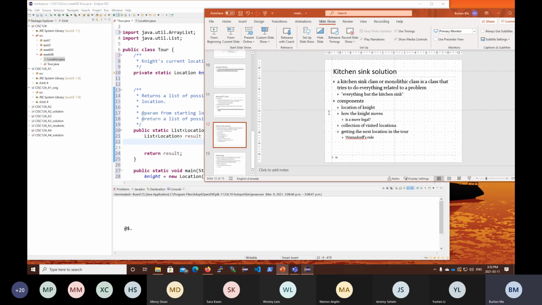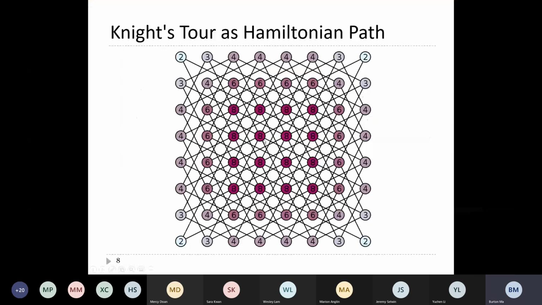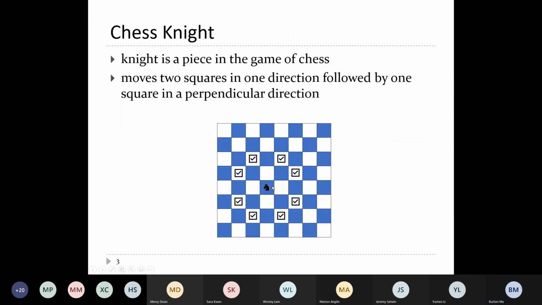You go back to, where's that picture? Here. You go back to this picture here, or this one here. You can see at most the knight moves to 8 different locations. There are lots of different ways to enumerate it, but if you use the location class though,